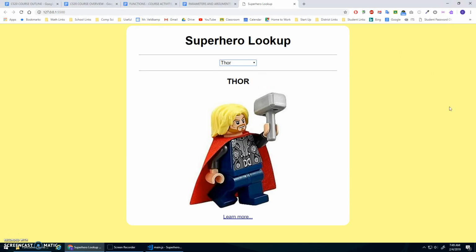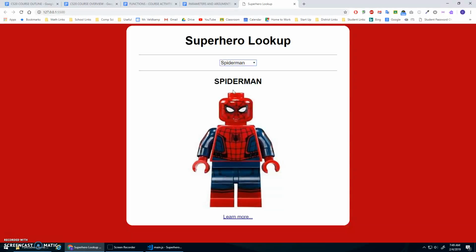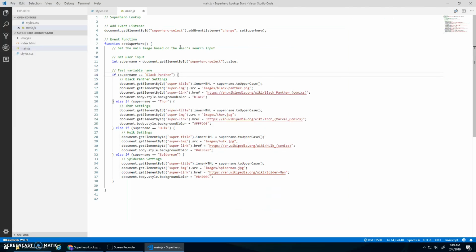So it goes to Thor, the background color changes, the image changes, and the link will change to take me to the Thor Marvel Comics. Spider-Man, right, changes the word, and so on. Cool. So all the code does here, very simple, is when I change that select element, I call this